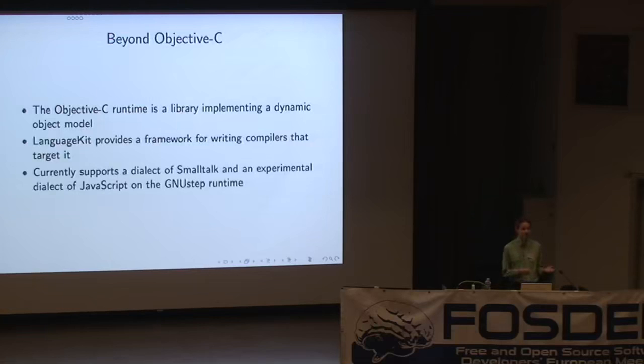Yesterday I gave a talk about LanguageKit, and that's another compiler built on top of LLVM, giving you an abstract syntax tree for Smalltalk-like languages. So we can implement Smalltalk, and we can implement a dialect of JavaScript on top of the same runtime, sharing the same objects. You can take an Objective-C class and subclass it in JavaScript, in Smalltalk. You can then use that as a prototype in JavaScript, and it's all compiled down to machine code. There's no virtual machine, and it's pretty magic.